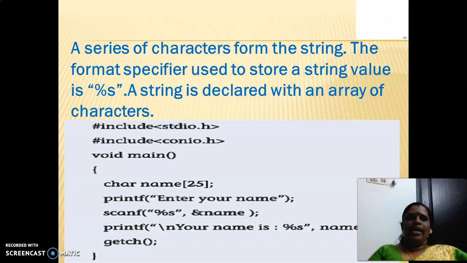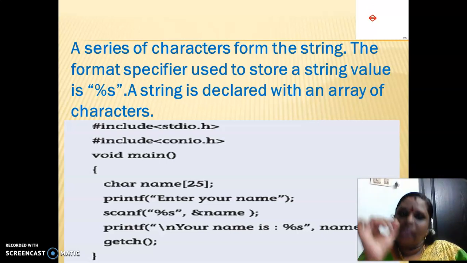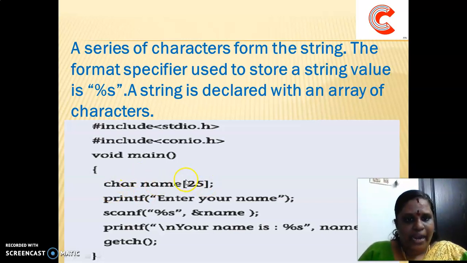The string is declared with an array of characters. So the declaration of the string is like this: char name[20]. Listen carefully. Declaration of integer: int, variable name. Declaration of float: float, variable name. Declaration of character: char, variable name. And declaration of string: char, variable name with the array, opening and closing square brackets. Here you give the maximum number of characters you can store in this variable.